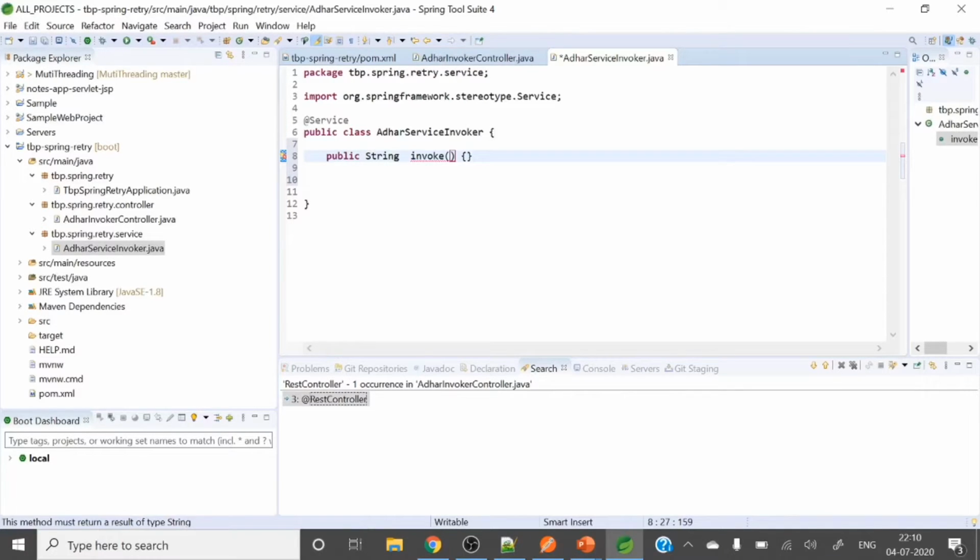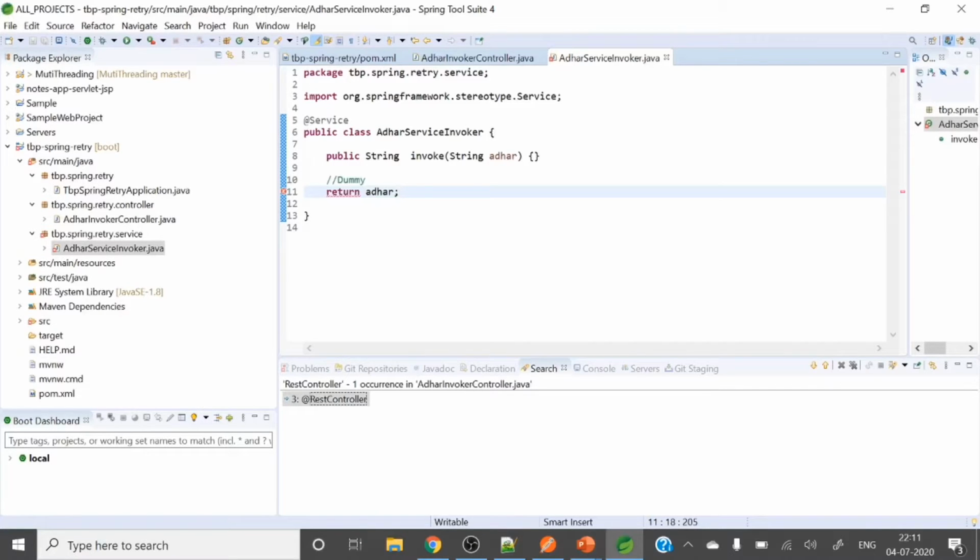Here let me pass String aadhaar. So here is some dummy implementation. Actually, here we need a real implementation, I mean, we need to fetch all those details from the Aadhaar portal or Aadhaar API, but we don't have that. So here we will have a dummy implementation. I am returning the same Aadhaar number.